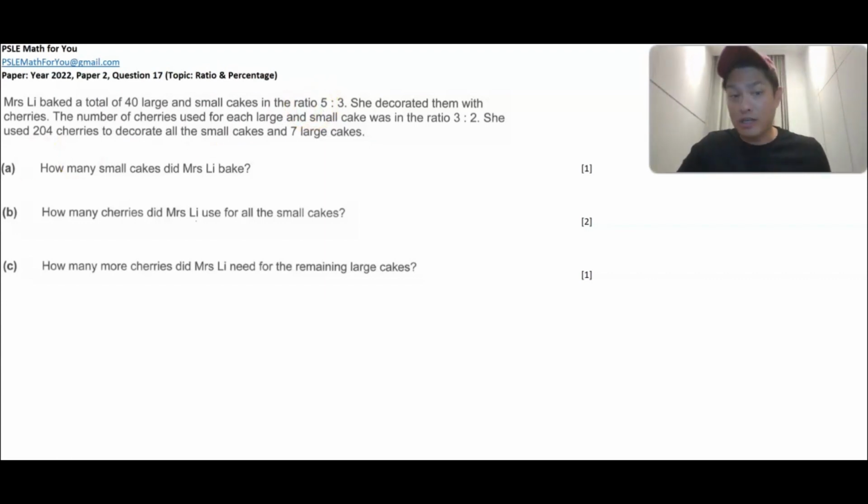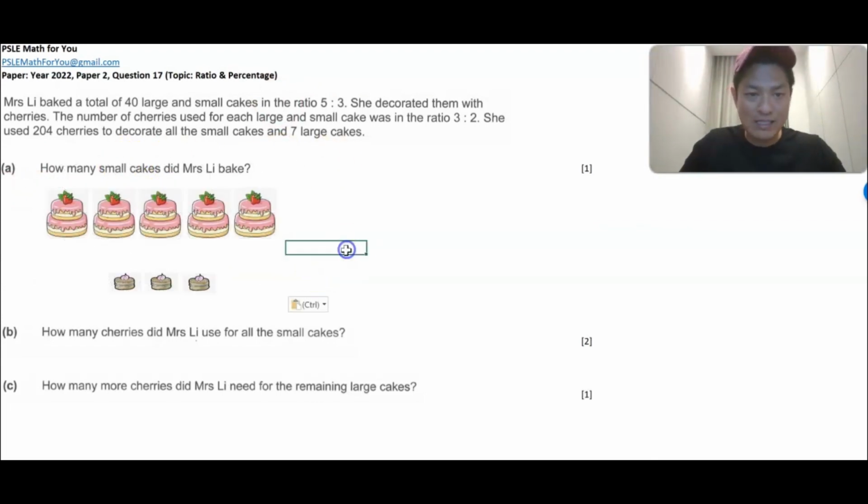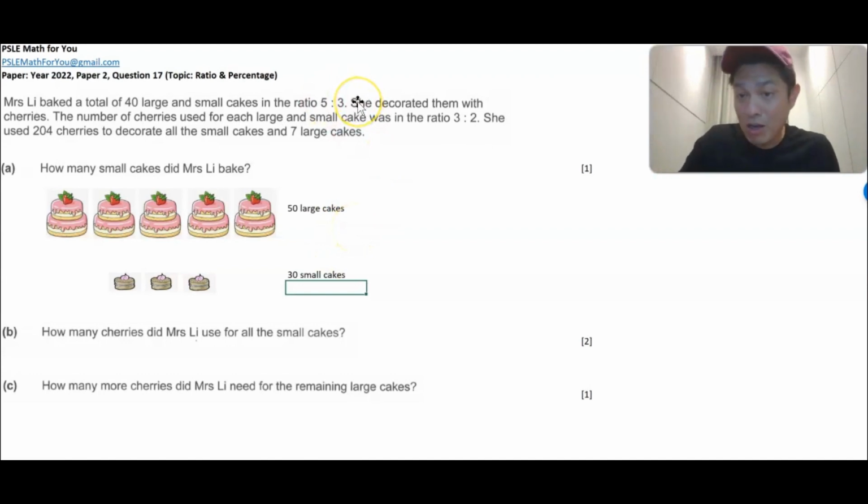Now, if I visualize this, and I always like to visualize stuff, it just helps me answer the question a bit better. So if I visualize this like that, every 5 big cakes or large cakes, Mrs. Lee has 3 small cakes. So which means that if she has 50 large cakes, right, she would have 30 small cakes, right? Because that's what ratio of 5:3 means, and ratio of 5:3 is normally expressed in the simplest form as well,